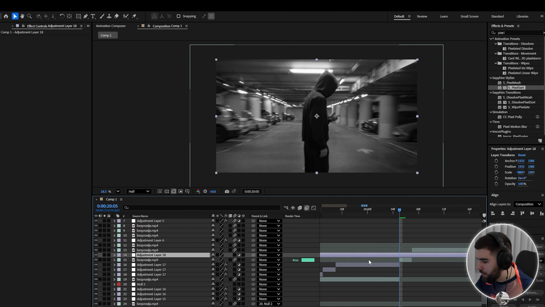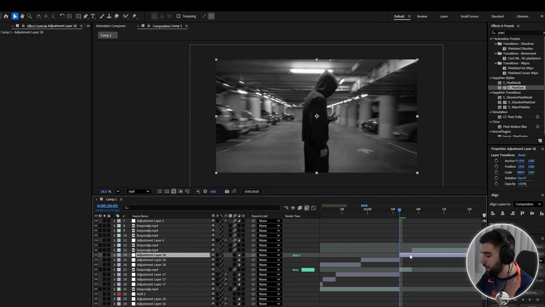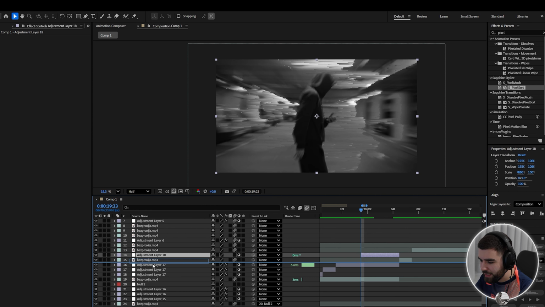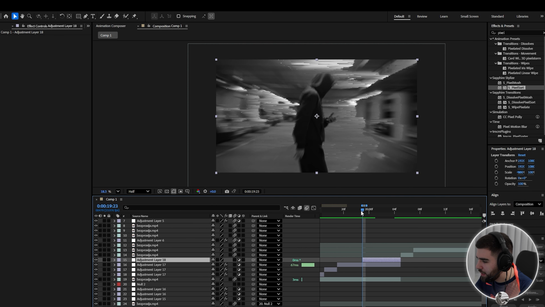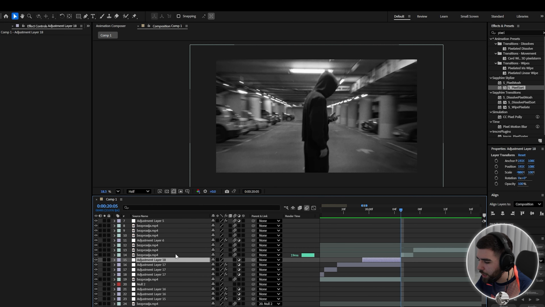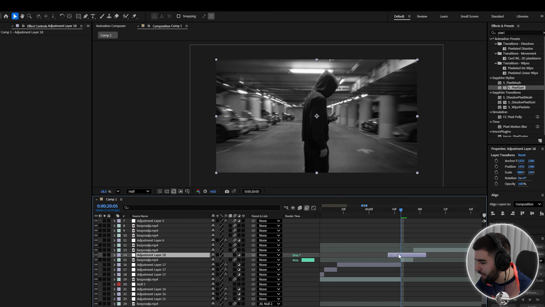One more thing that we can add that will look cool on this. We are going to add a new adjustment layer. We are creating a ton of adjustment layers, but get used to it. It's the classic principle of adding effects. So maybe here. No, we're going to put it on this sequence here where I said that we won't put anything,